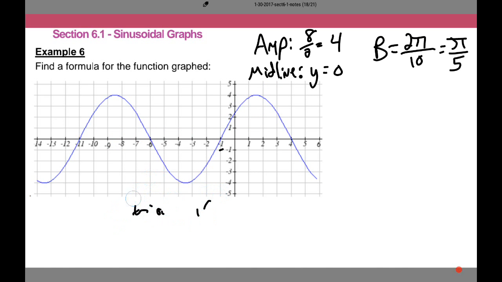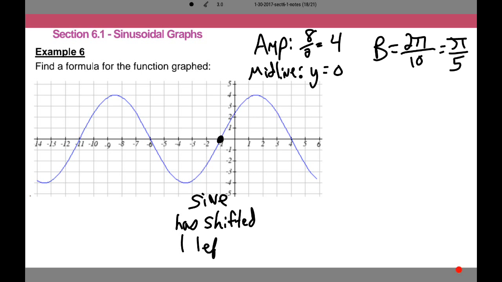Now it depends on which function you're using. All right. So if we're going to use sine, sine is shifted 1 left. So we could use that if we wanted to. If we look at cosine, this peak is at like 1.5. So cosine shifted right